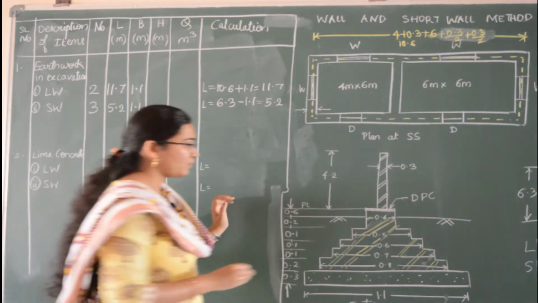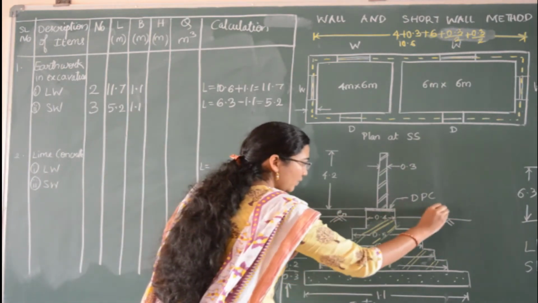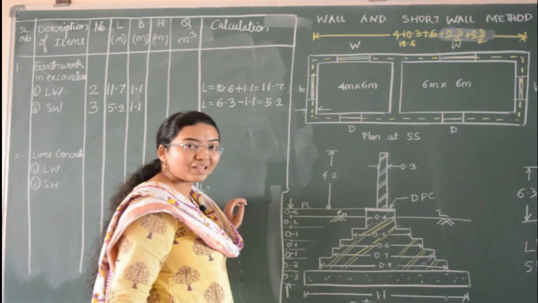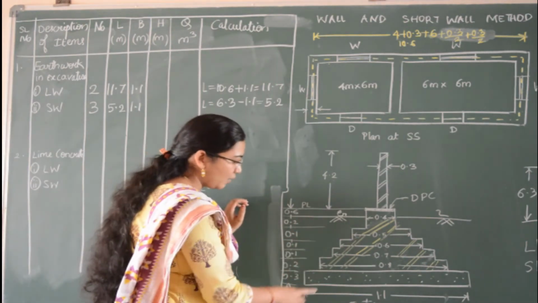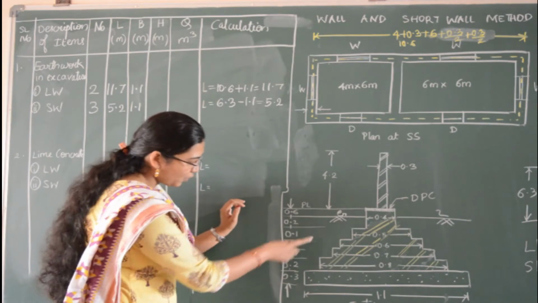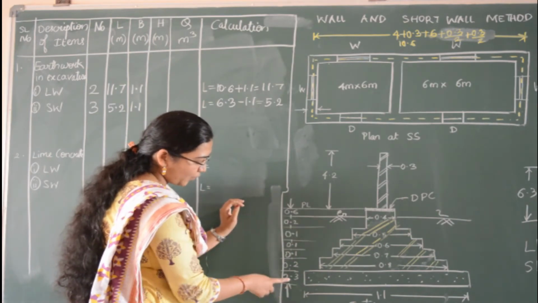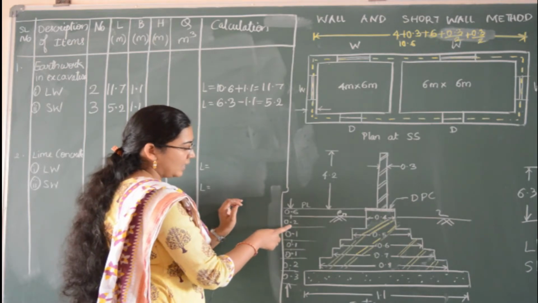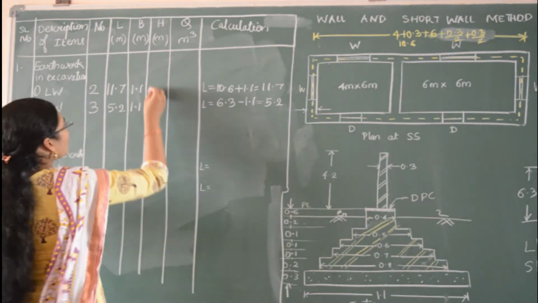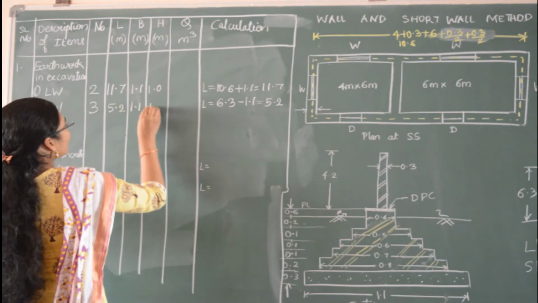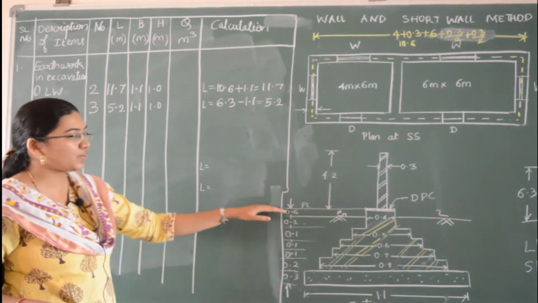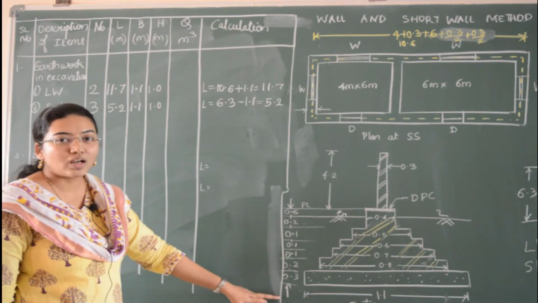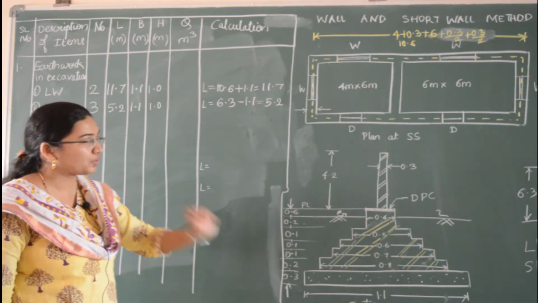Now how much do we have to excavate? This is the ground level given. From ground level to the bottommost lime concrete, till that part we have to calculate. So from ground level to this distance, 0.3 plus 0.2 is 0.5, and so on up to 1 meter. So 1 meter is the height which we have to excavate from ground level till the bottommost, up to where you have to provide the lime concrete.